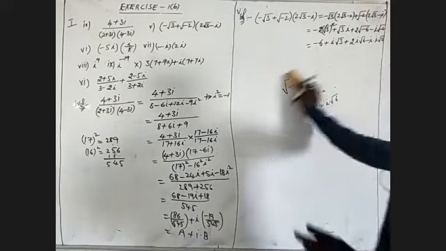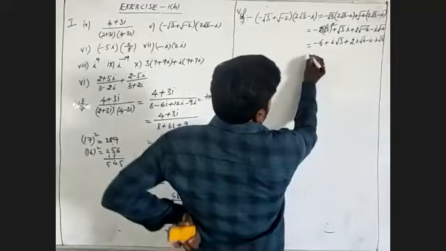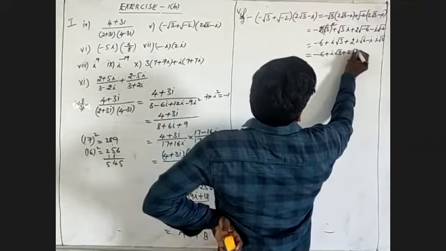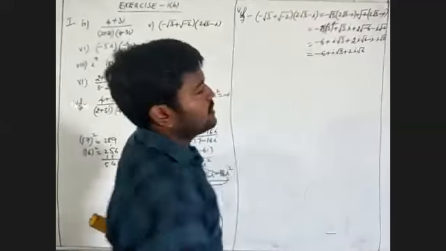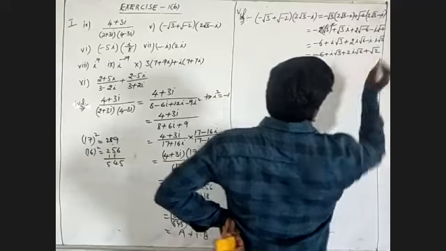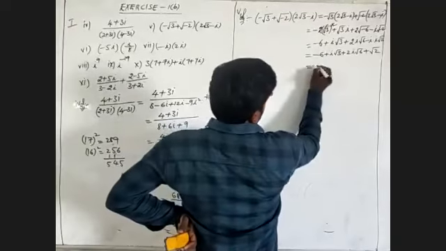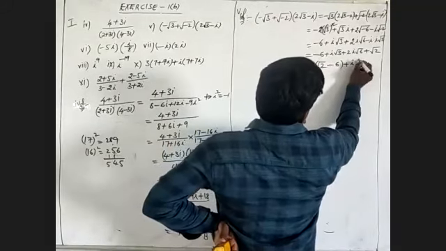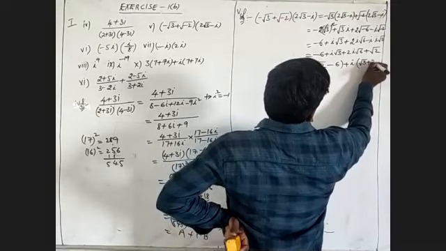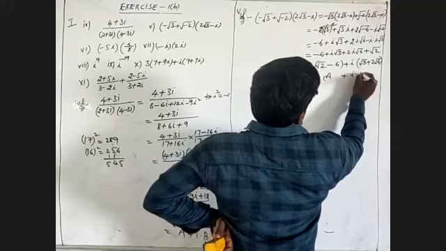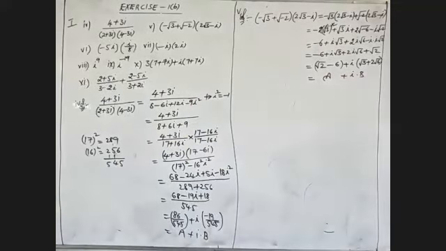We will observe how to expand this one. Minus 6 plus i root 3 plus 2i root 6. i into i will become i square. i square is minus 1. Minus into minus is plus. Remaining value is root 2. That must be written as root 2 minus 6, where i is common. Remaining must be written as root 3 plus 2 root 6. When it is of the form a plus ib, it is of the form a plus ib. Now I am going to the sixth one.